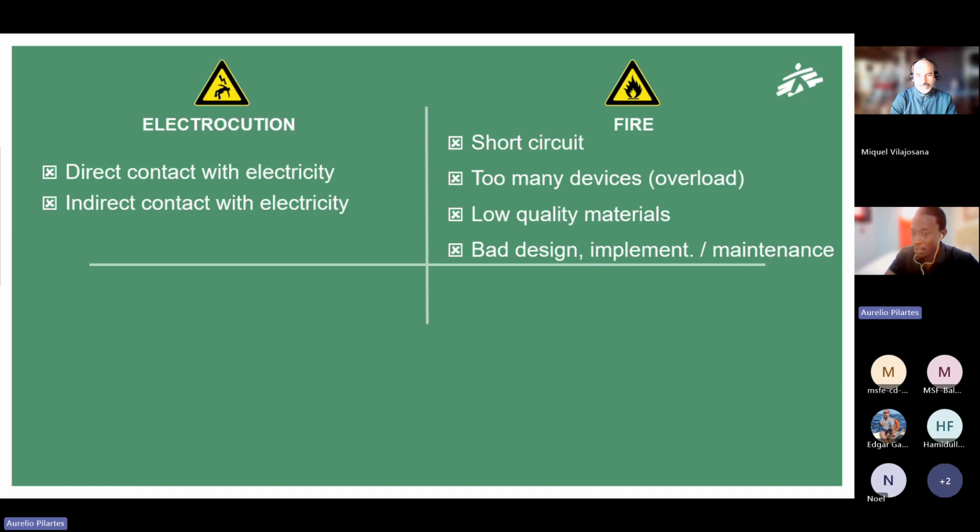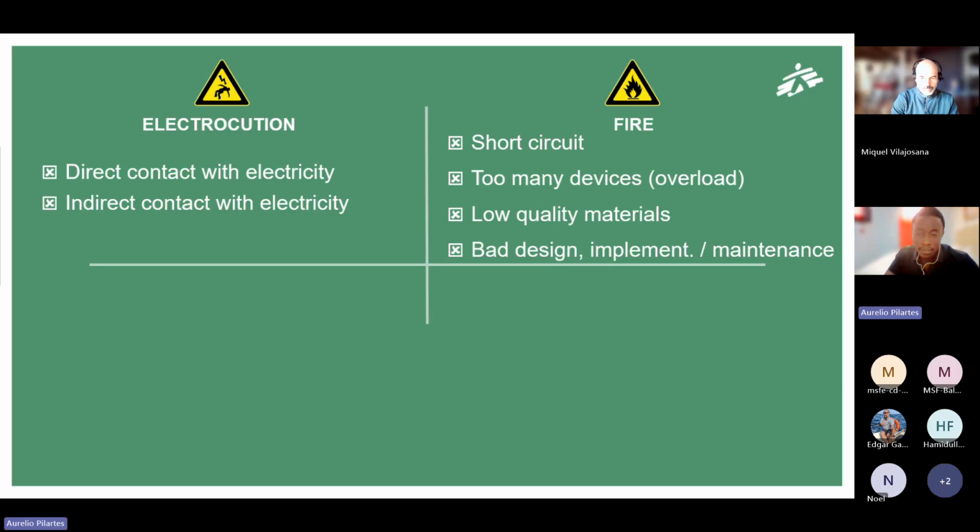And then the risk of fire. The fire could appear in your circuit due to a short circuit. When you have a contact between neutral and phase in your circuit, that's a short circuit, and it generates sparks and could very easily lead to a fire. Overload also can lead to a fire, because overload means overcurrent. When you have too many equipments connected to a single circuit that was not intended to feed all this equipment, then you are overloading your circuit. You have overcurrent. Overcurrent will heat up your cable, and a heated cable could generate fire.